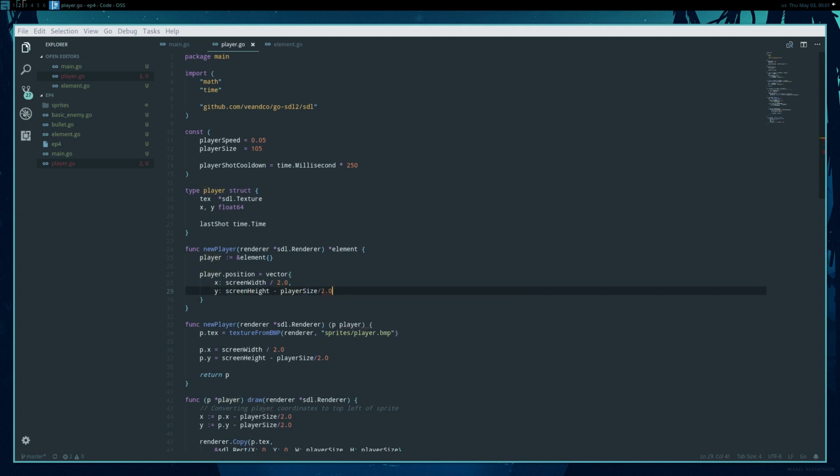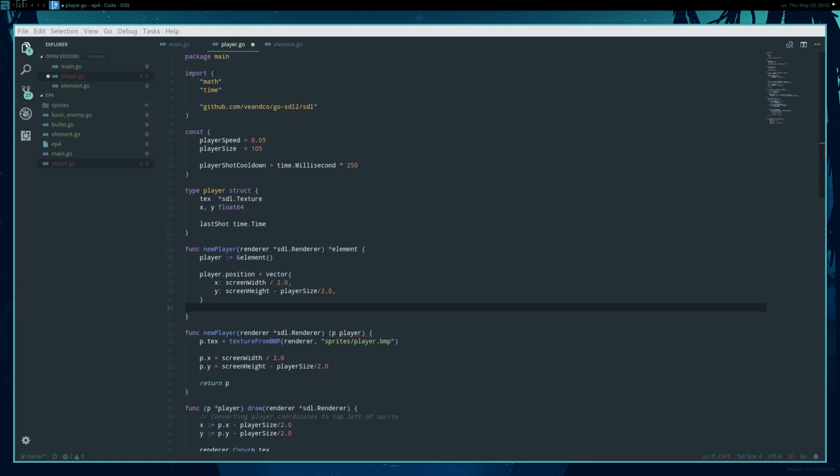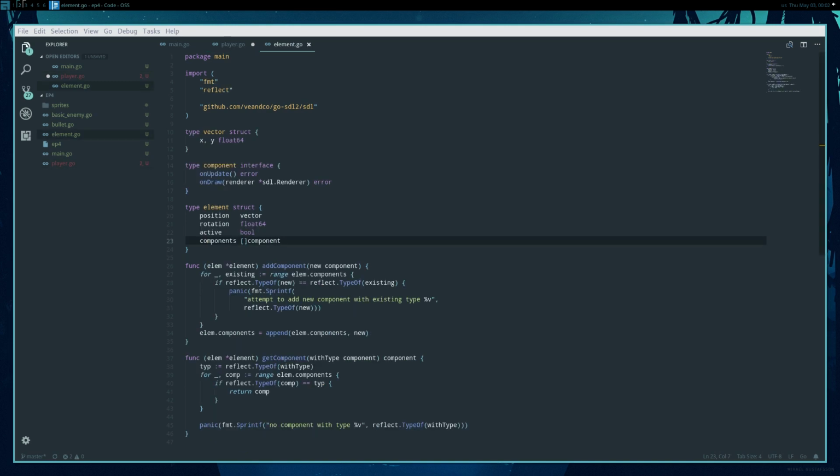Minus player size divided by 2.0. And so again, we're using this to put the player on the bottom part of the screen. So let's see, unexpected new line. Oh, right. So, okay, we've set the position of the player, and the rotation just defaults to 0,